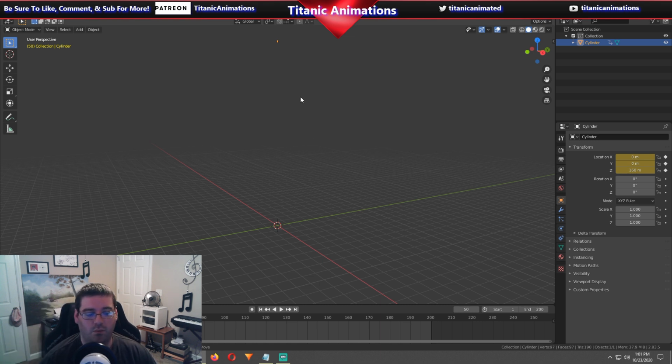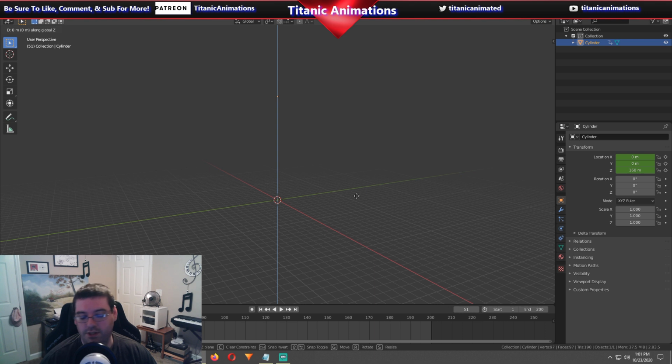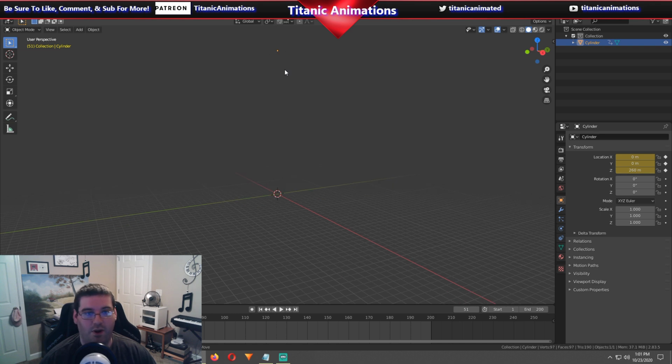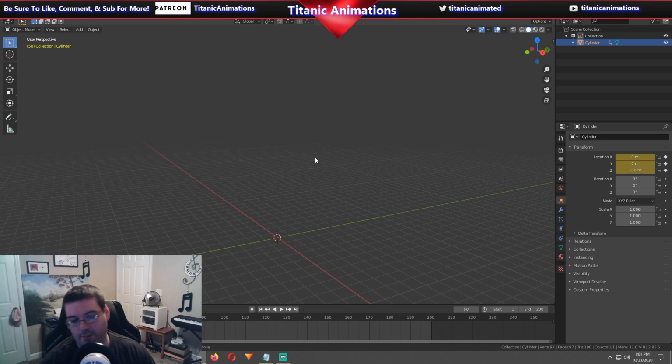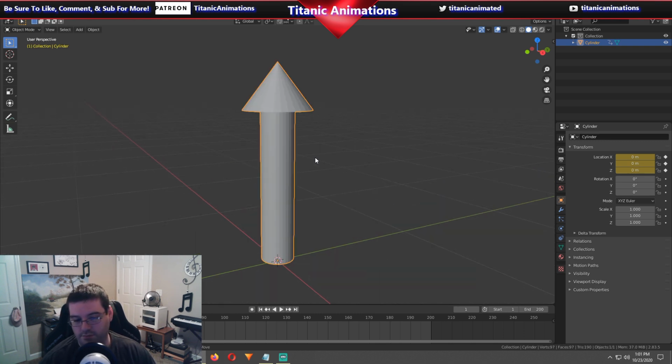So one thing that you can do, I'm on frame 50 right now, so if you just go to the very next frame, G Z, move it up by another 100, so that way no matter where you place the camera, the rocket is going to be out of frame. So cool, that's that. So let's come back down here to frame number 1,